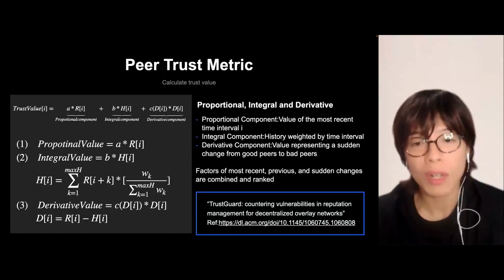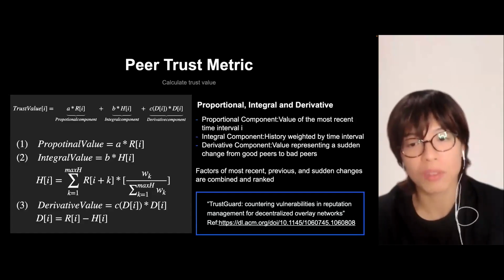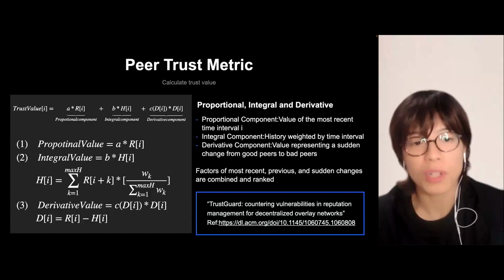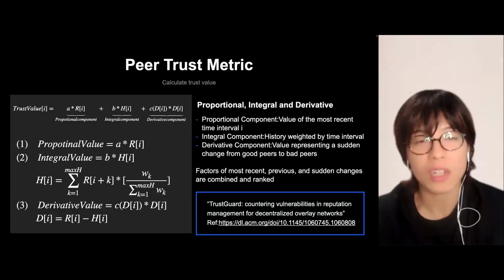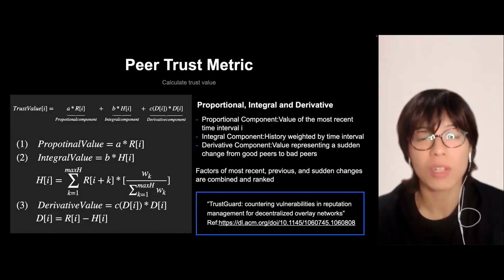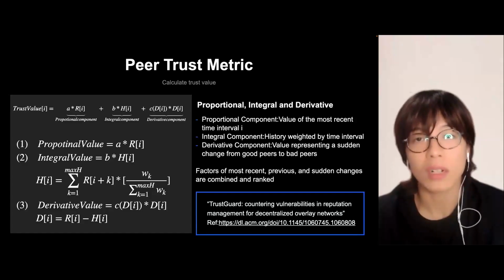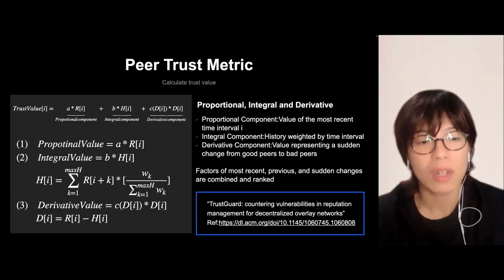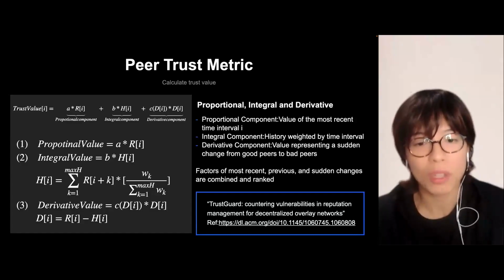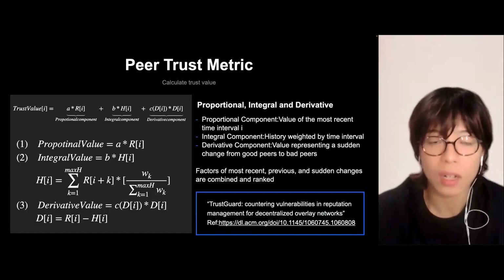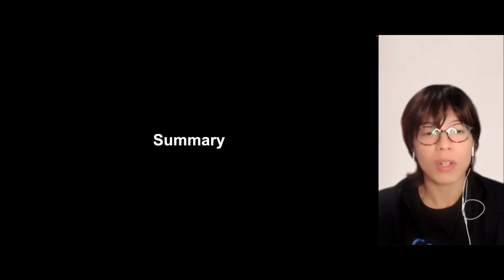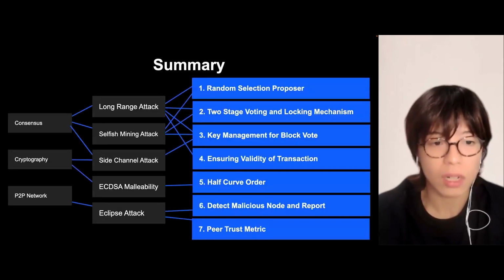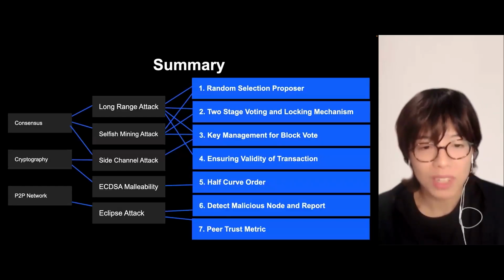We are adding all these values, and these are all the latest values that have changed. A good peer all of a sudden acting as a bad peer. We are calculating the trust metric. And when making a connection, connect to the one with the highest trust metric, which improves trustworthiness. If you would like to know more about how we provide the trust levels, please refer to this link. So I have introduced to you our 7 security measures.